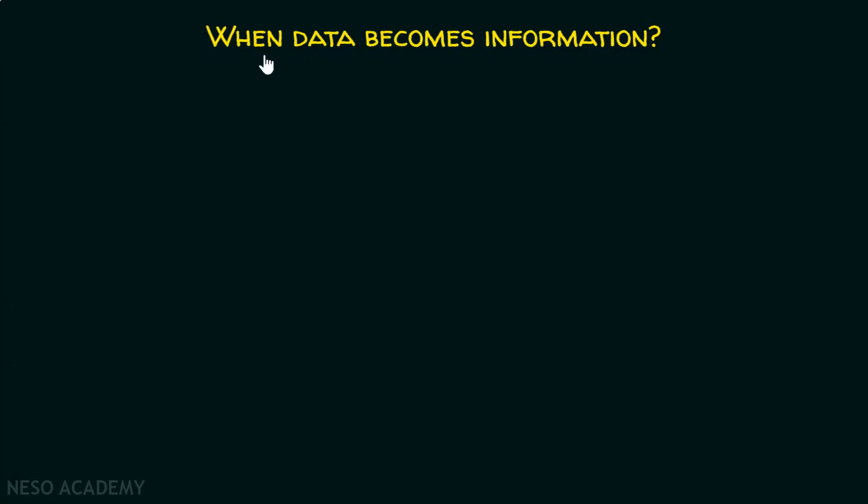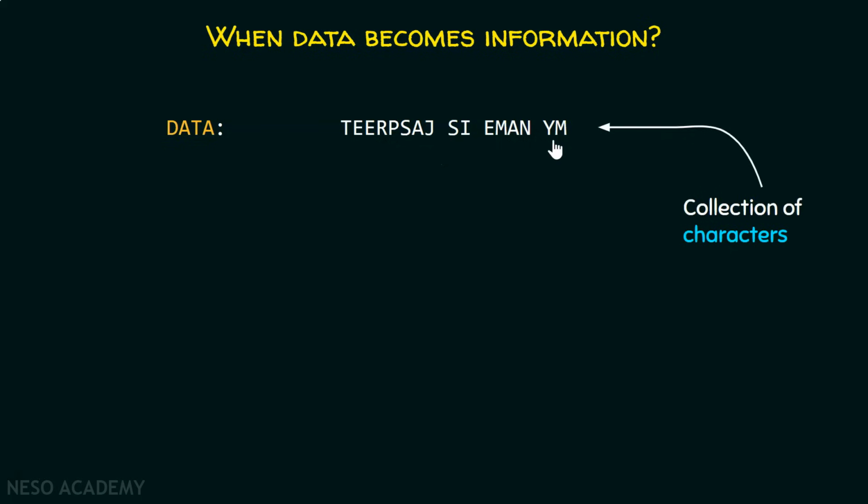Now, let's try to understand when data becomes information. There is a distinction between data and information, and it is one such topic which is very confusing. We often interchange these two terms, right? But there is a distinction between data and information. Let's try to understand what that is. When I say just a collection of characters like this or a collection of symbols like this, then this is just data. Because it is just a collection of characters, I won't be able to understand it properly, right? Could you tell me what exactly I've written over here?